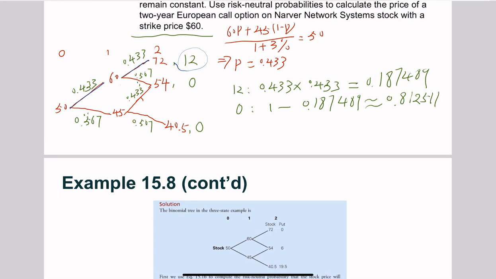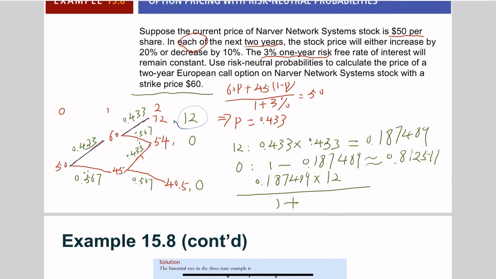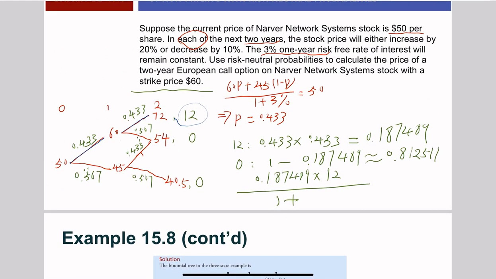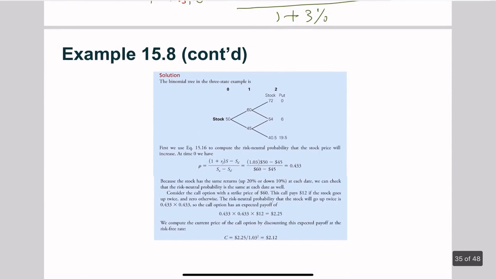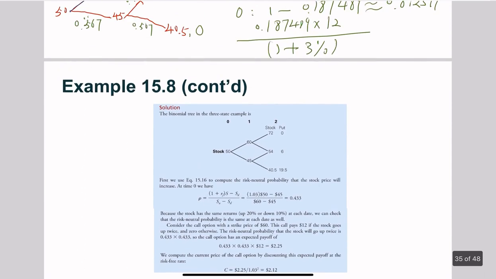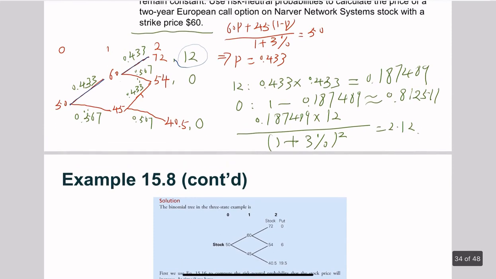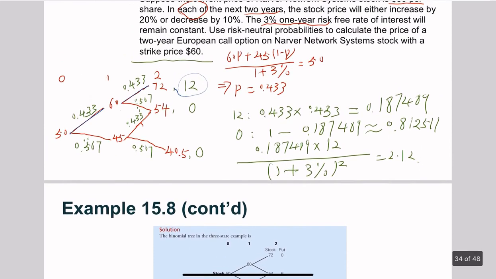You will use these probabilities times its payoff divided by 1 plus 3%, which would be how much? 2.12, right? Okay, let me summarize this. This is